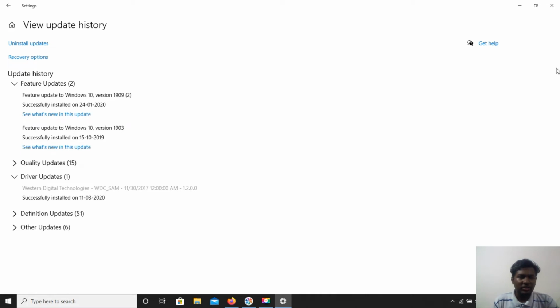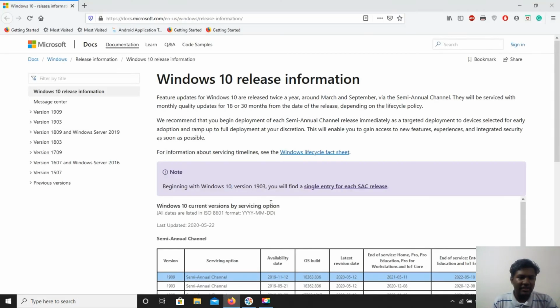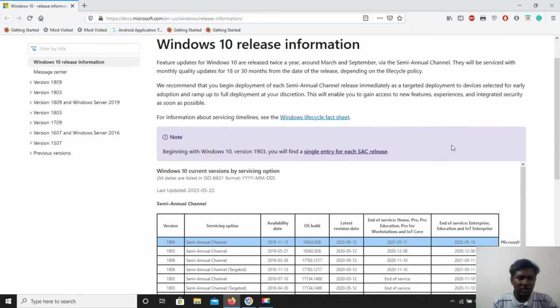You may have a doubt about where to check what updates are available for my PC without going into settings. Microsoft has its own page where you can go and check what updates are available.